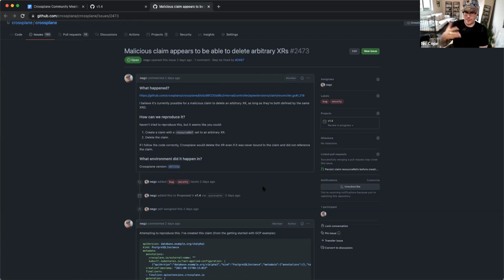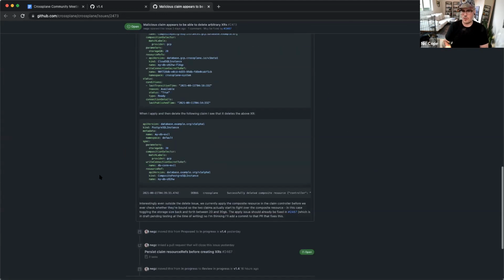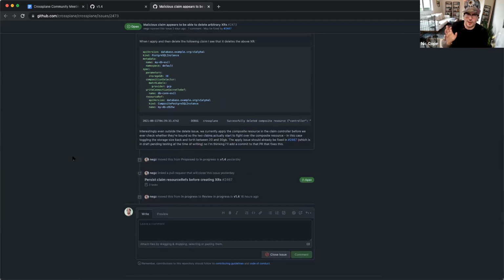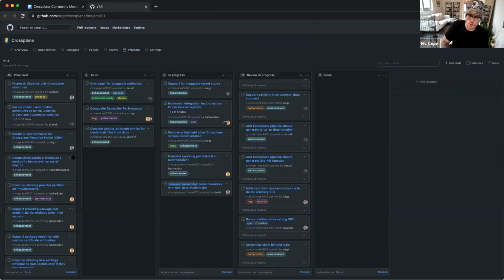So that's all being refactored and reordered, which will be functionally no change. There was also a potential race in there as well, which is getting into nitty-gritty details. But there's basically a lot of hardening of the claim reconciler logic in one PR. So those are the two big things I have personally in flight at the moment.